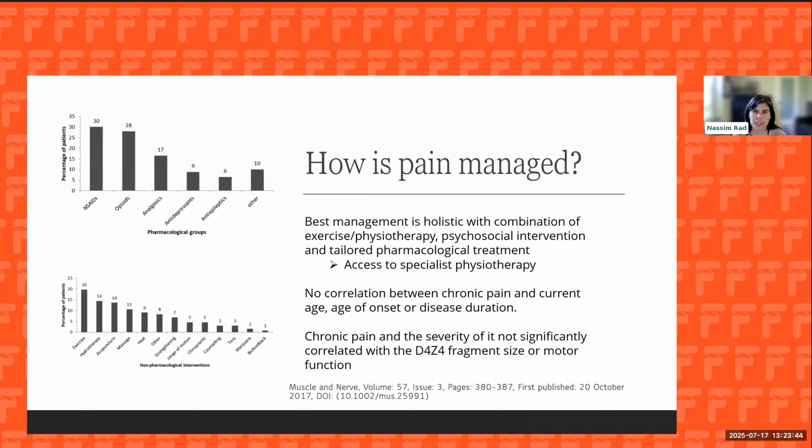And pain specialists can be anesthesia based or rehab based. These individuals can help us with a more holistic approach, combining things like PT, psychosocial interventions, and pharmacological treatment. Here we show what percentage of patients have received different pharmacological agents, the most common being NSAIDs, which are like ibuprofen